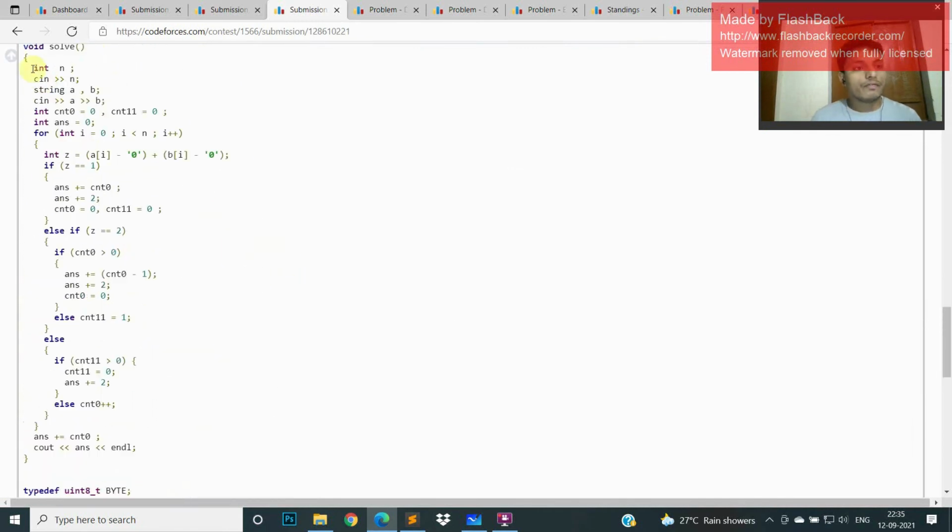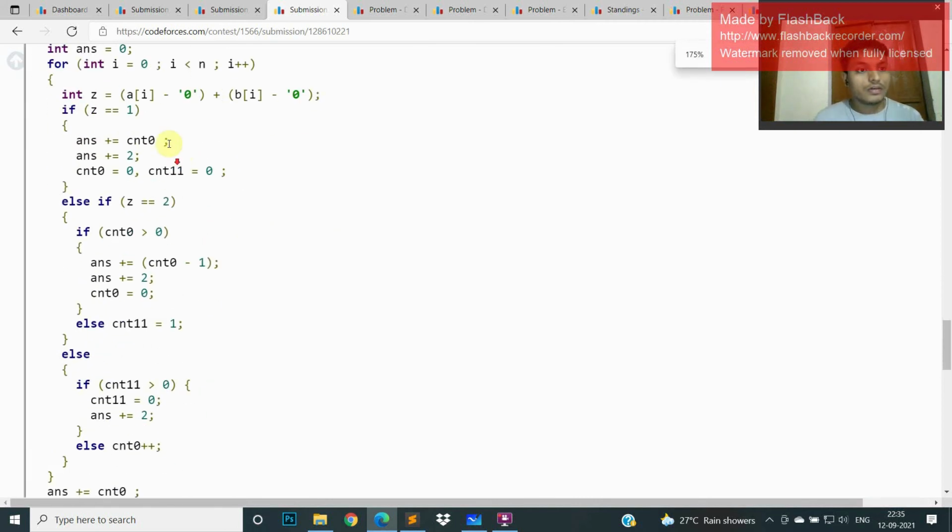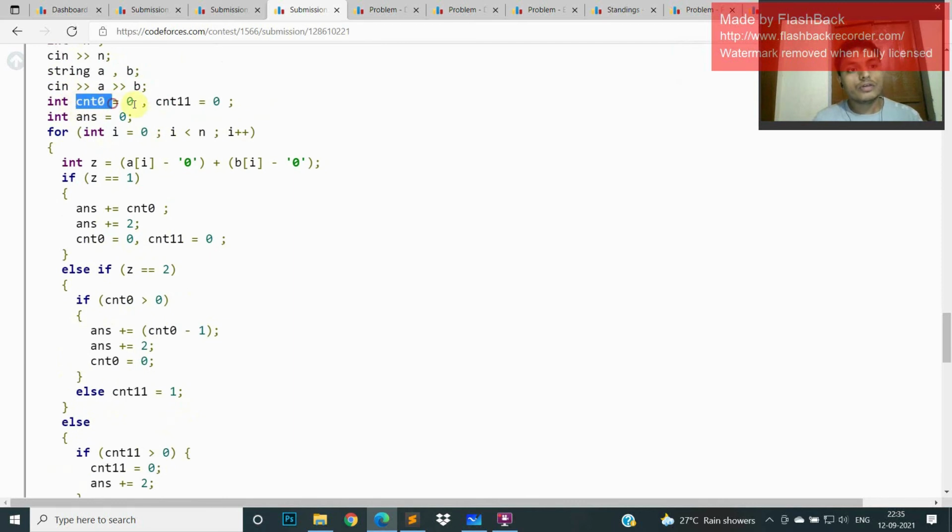Yes, we have strings a and b. We take two variables: count 0, where we store how many times we encounter 0 0, and count 1, where we store how many times we encounter 1 1. I start from 0 to 1 and take the sum of what is in a and what is in b.